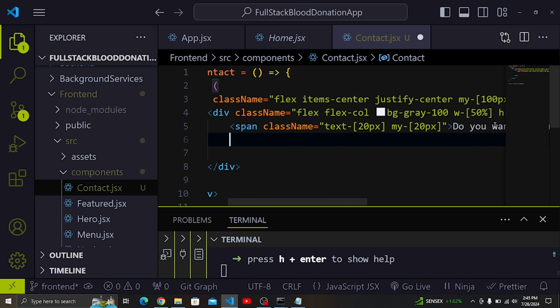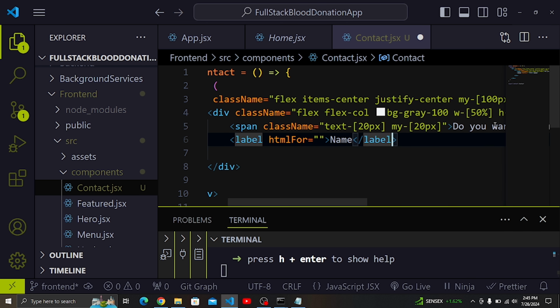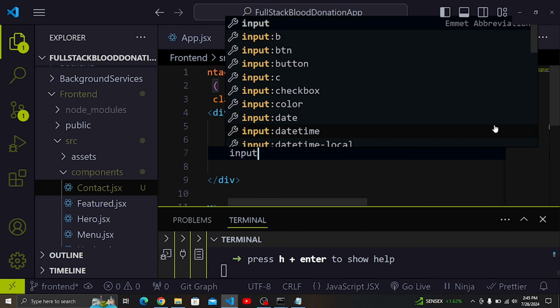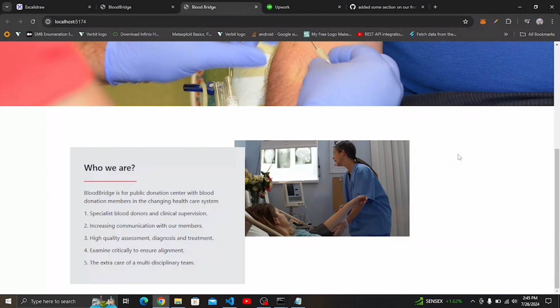Here then we can have the label now. The first label here is the name, and also we are going to have the input. So let's see now, if I save that and come back to this part here, already